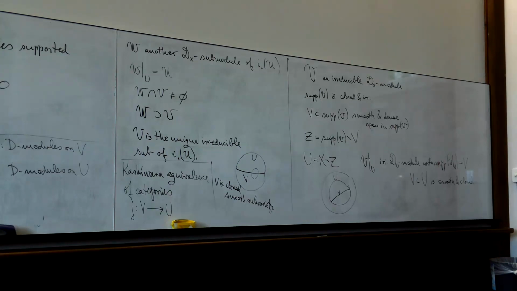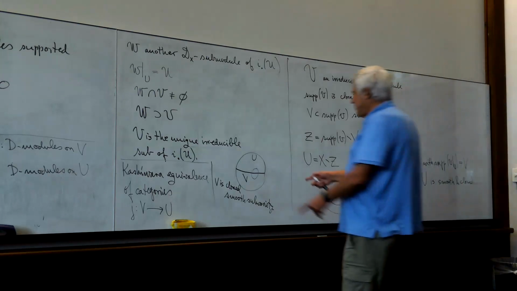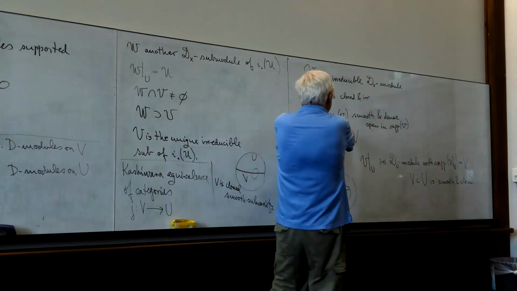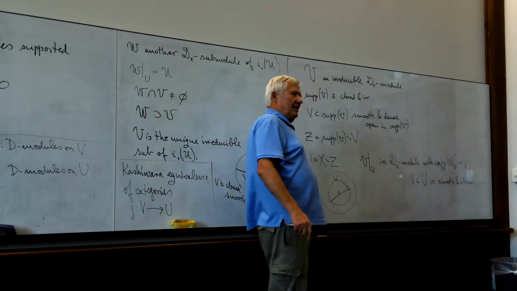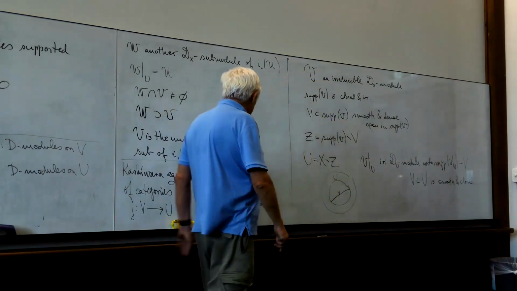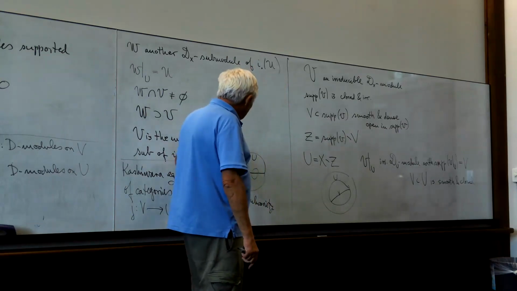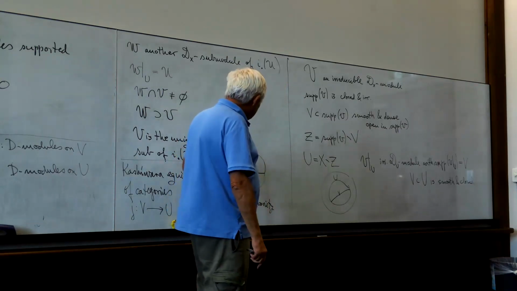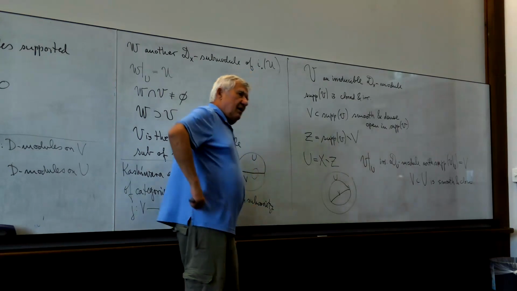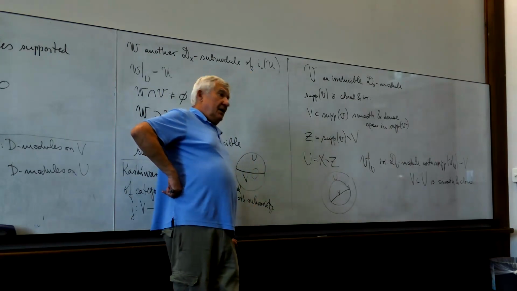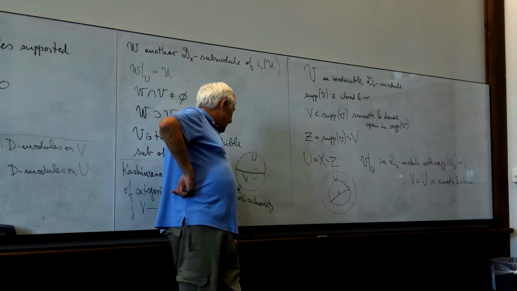But it will be only the zero section generically. So this means that if I shrink my V, if I take a slightly bigger part of the support, then I can assume that our D module on V is a holonomic module with